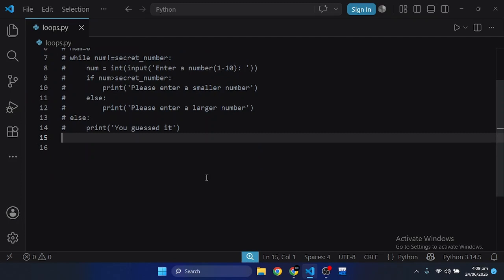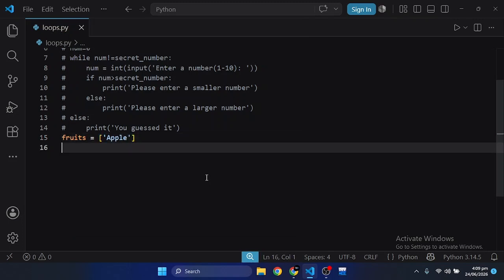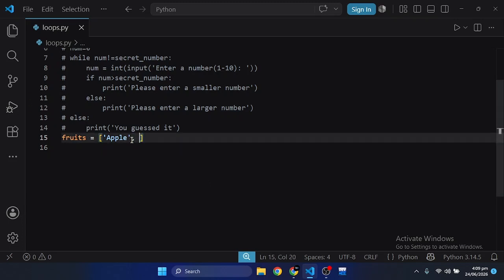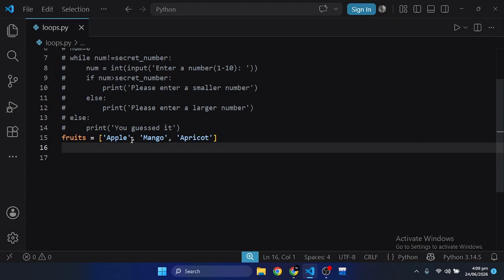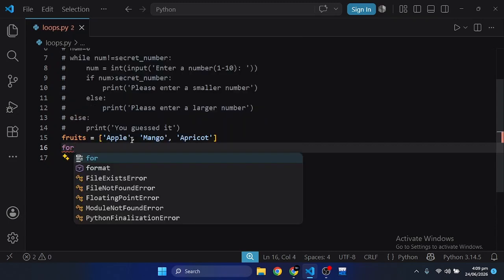So if I have a list of fruits like apple, and I put a for loop here,